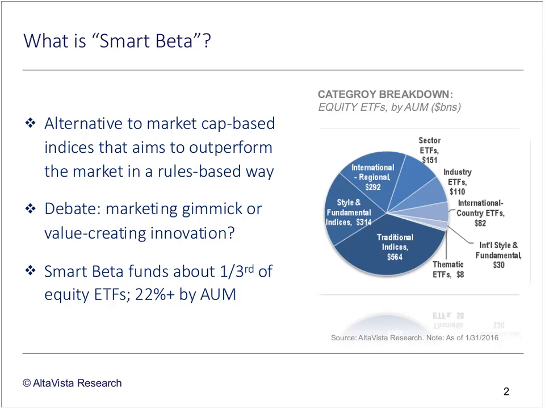But I will make 2 points on the topic. The first is that smart beta ETFs are not a fad. By our count, such ETFs now account for about 1/3 of all equity ETFs, shown here on the slide in the pie chart as style and fundamental indices. So they account for about 1/3 of all equity ETFs and at least 22% of the assets, probably a little bit more. And the second point I would make is that